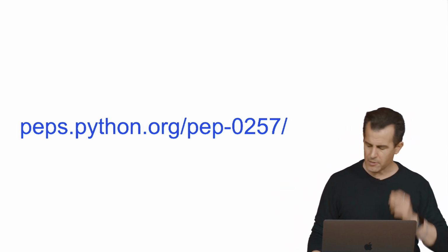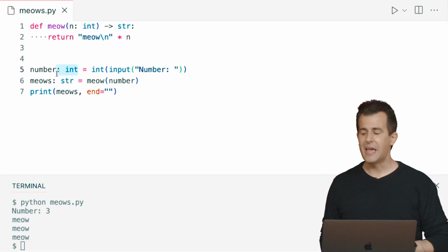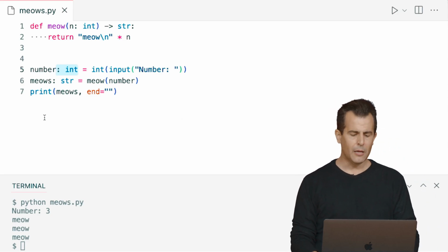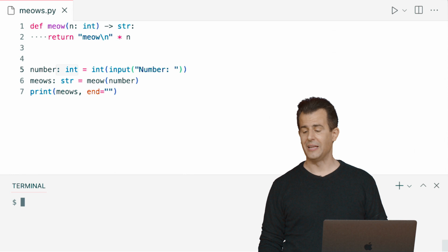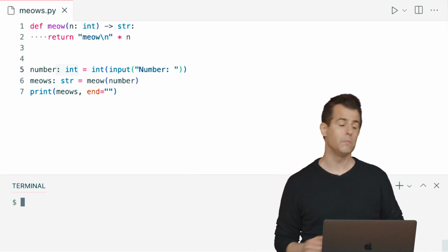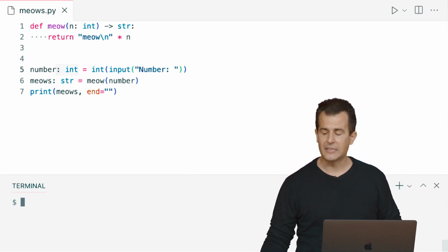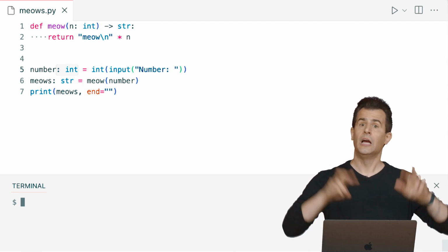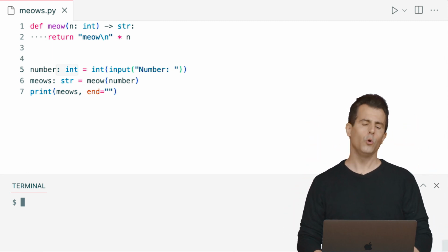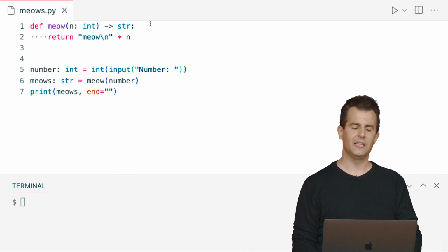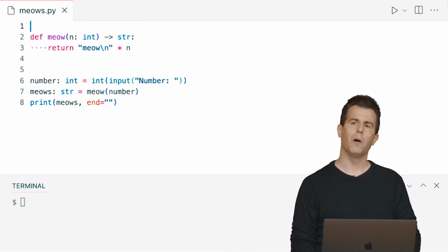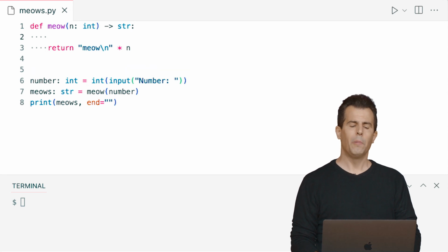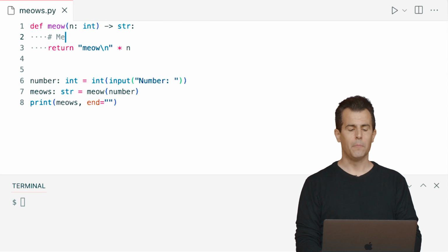And so, for instance, let me go back to my meows.py file here, and let me propose that we now start documenting this code too so that I know what the meow function does. And in fact, the standard way of doing this using docstring notation would be as follows. To comment this function, not above it, as you might be in the habit of doing with code in general, but actually inside of it. But instead of commenting it like this with the usual hash comment sign, like meow n times,